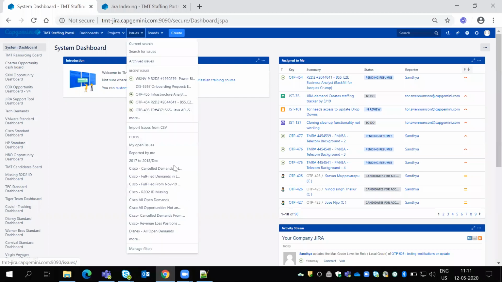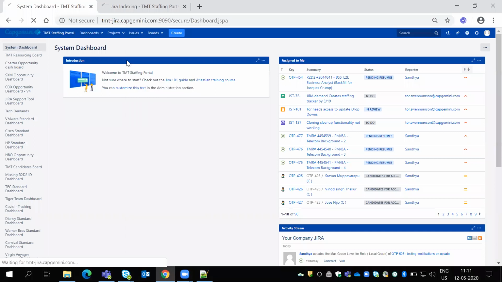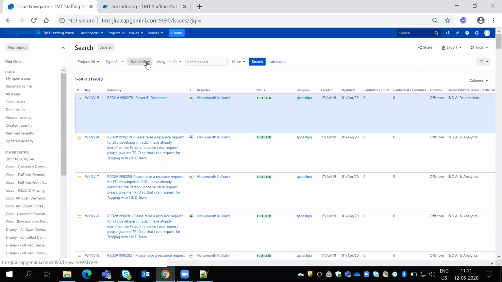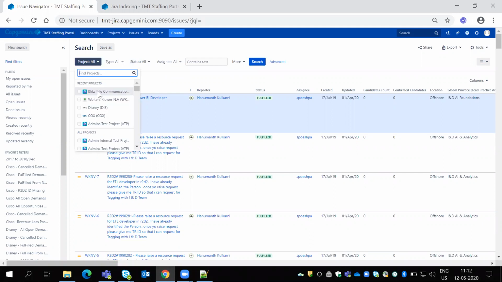So when I come back again, if I go with issues and search again, what I'm seeing here is that there is no save. I have not saved it, so I need to write that filter again. Suppose every time I want open tickets, or every time I want last 1 week created tickets, we have an option like save. So I selected something like Bleach telecommunications.